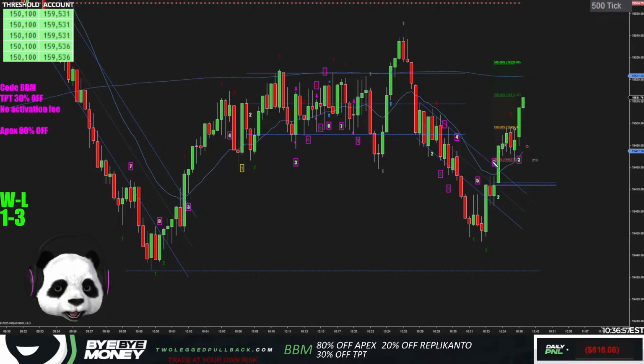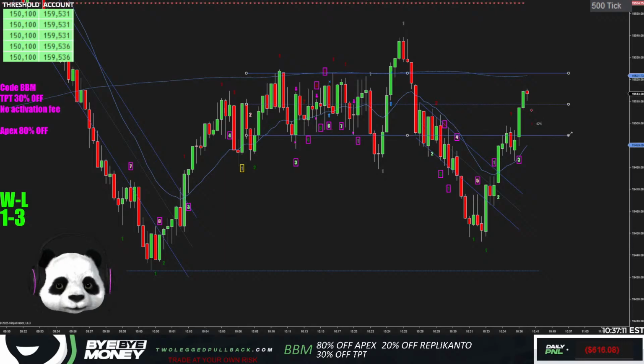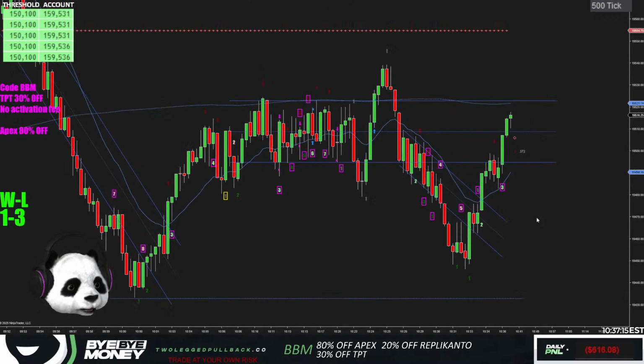The main thing that stopped me from taking that trade was this gap here, thinking it was going to fill. If we didn't have that gap there, I might have taken it, but because there's that slight chance that this gap will fill, I didn't want to try. Coming back into this choppiness, right?